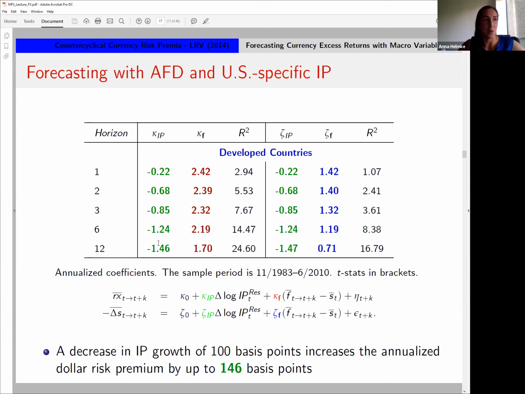Yes, so far there's one question in the chat. Does it still make sense to use forward discounts to measure carry trade returns, given that the last session on pervasive CIP violations? Very good question. It's a tough question because in some sense, if you are going to be trying to take advantage of the